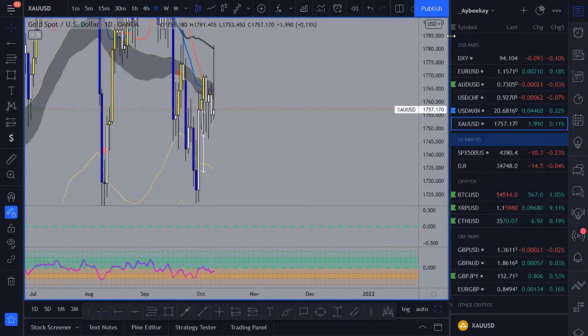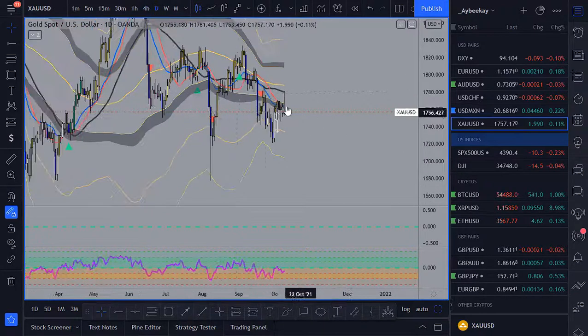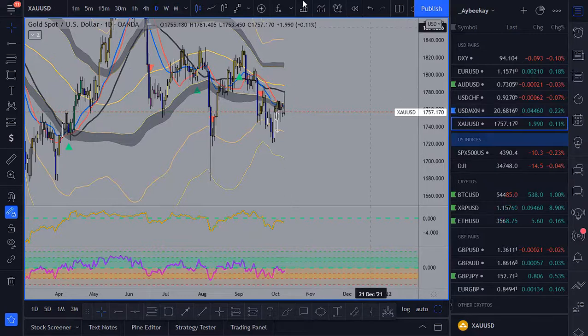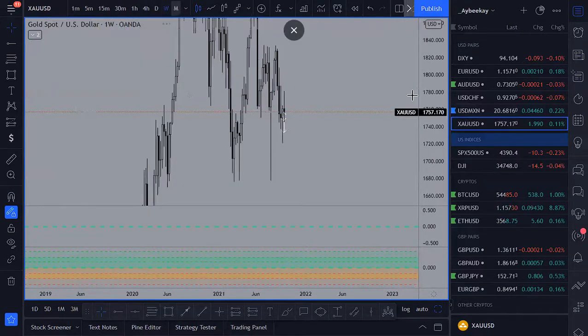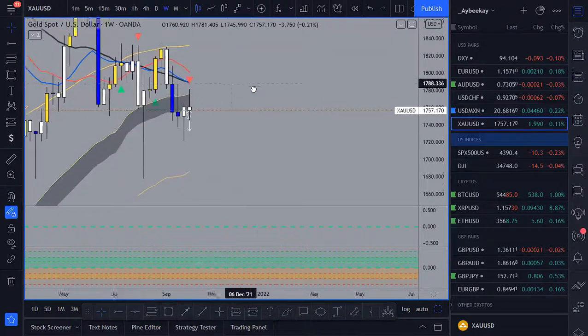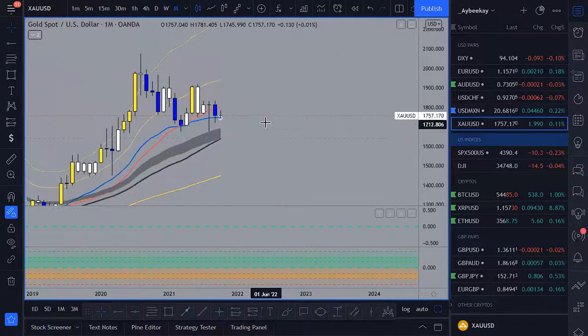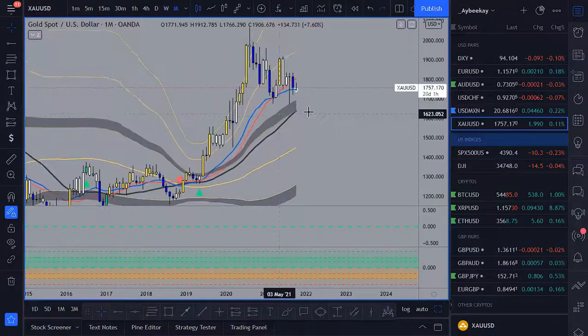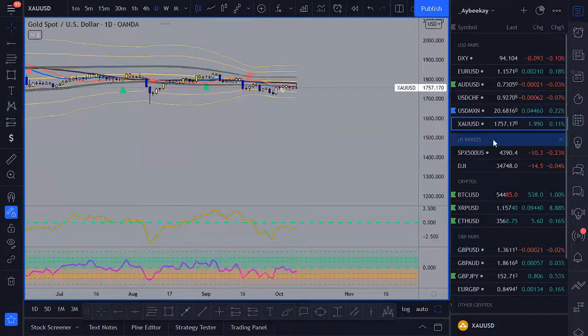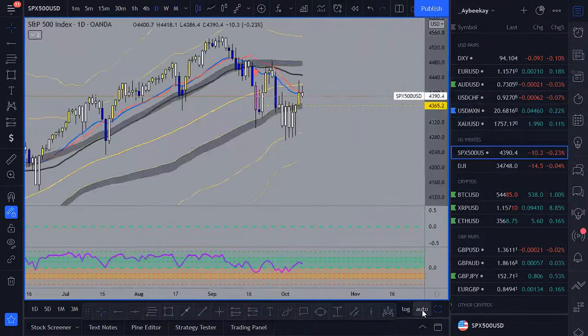Daily time frame, it called for the sell, but it's been holding under that RSI line, and that's something you definitely want to watch out for when it comes to trying to get into a buy opportunity on gold. Okay, and weekly time frame has just been bearish, and it's calling for a sell this week again. Monthly time frame is just pretty overextended, but be careful with them gold buys, because I'm not feeling the gold buys necessarily.